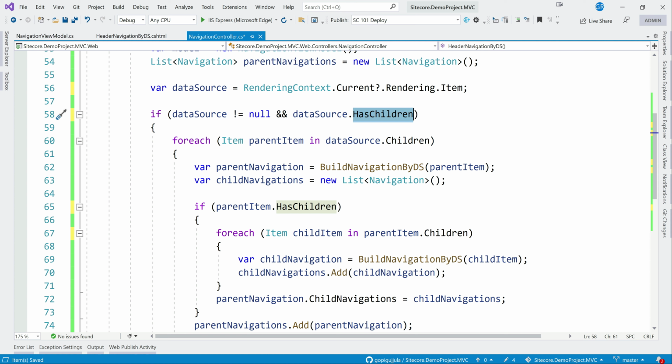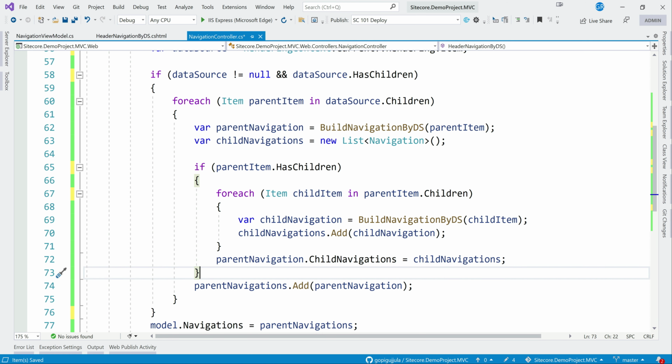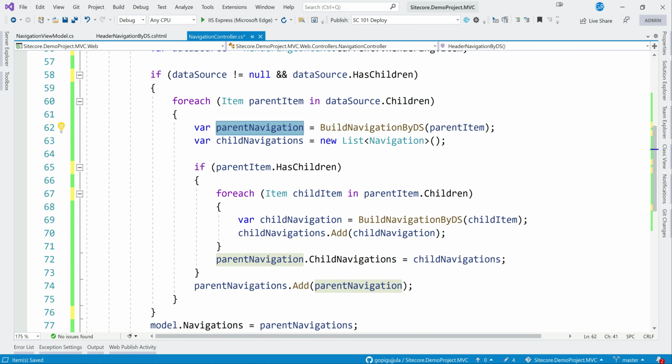Anyway, we have done the same thing in crawling the tree. It has children and we are looping them and creating. But now this is a little different, because from here we have built the parent navigation. But what if there are sub children or children for that parent item as well? Then we have to loop through them and build the child navigation. But child navigations we need to add to the list of navigations.